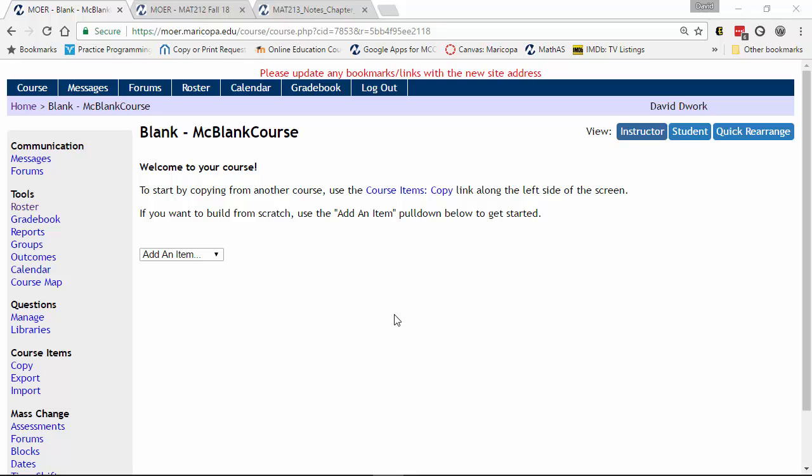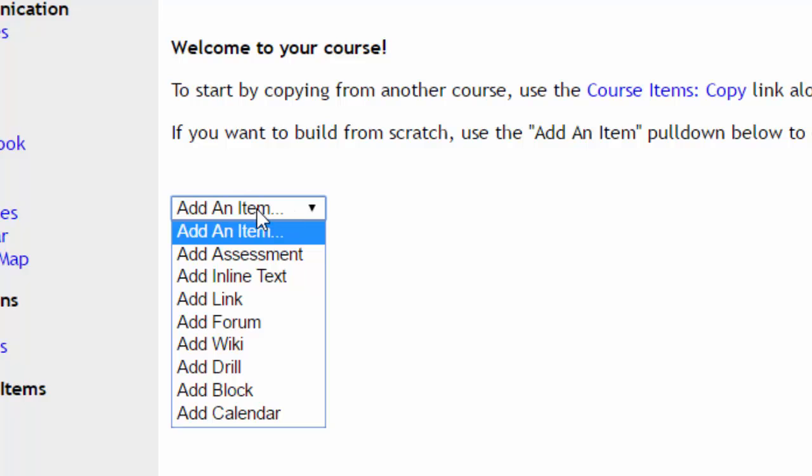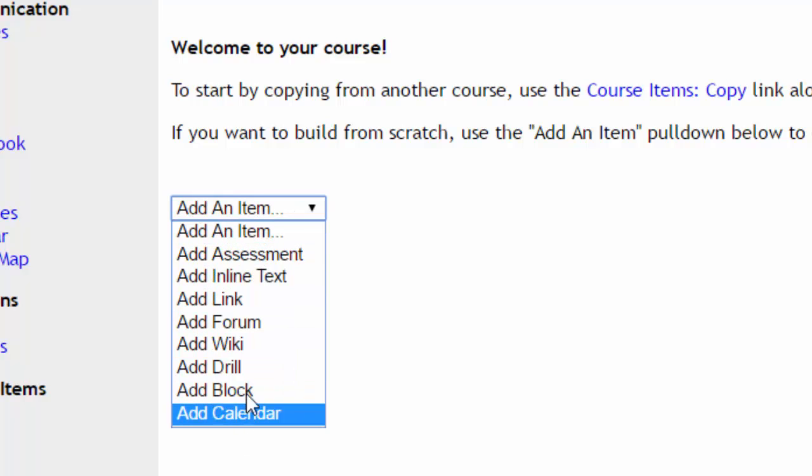Setting up a blank course in MOER. Now, the first thing you'll notice is I have nothing. This is the basic course that is created for you. If I wanted to get started, I would click add an item, and I have lots of different options to